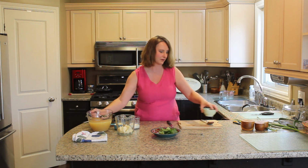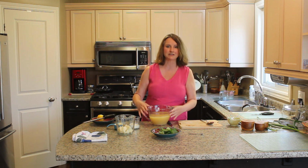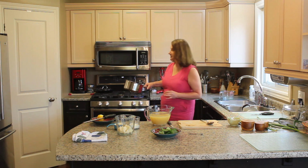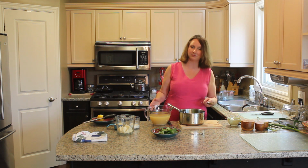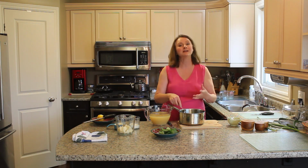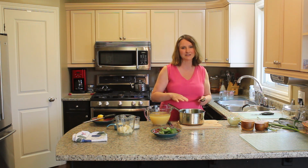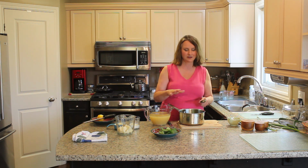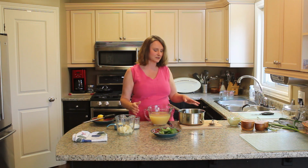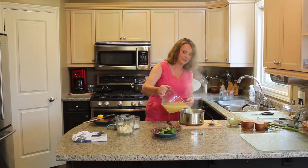So I'm going to add my broth next, and what you want to do is heat your broth first before you add it to your pan. That's because you don't want to waste time bringing the broth up to temperature. If you heat it first, you're going to start cooking the vegetables right away. So I always heat the broth first for this recipe, and this is already heated, so I'm just going to add that to my pot,